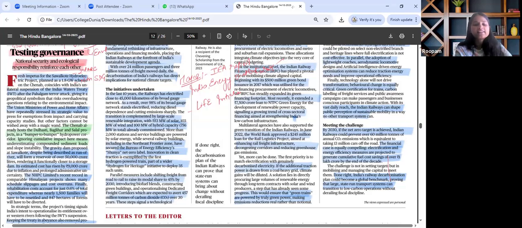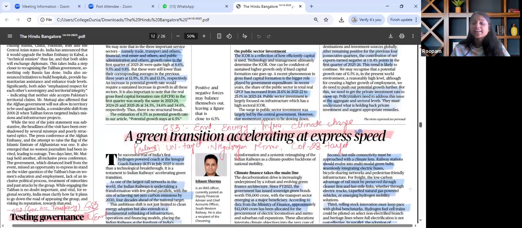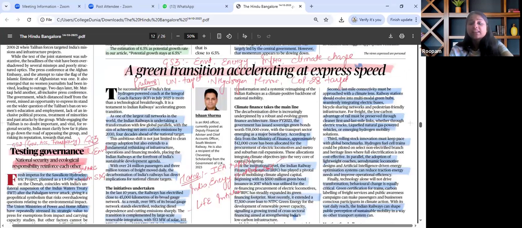The next important article in the paper that catches our attention talks about a green transition at express speed. When we map this in our syllabus, it falls under GS Paper 3: environment, energy and infrastructure. From a prelims perspective, we need to know the renewable gap, COP commitments, the recent one, 2028, then the energy storage capacity that India has developed over time, then India's green transition gap, and rapid solar expansion.